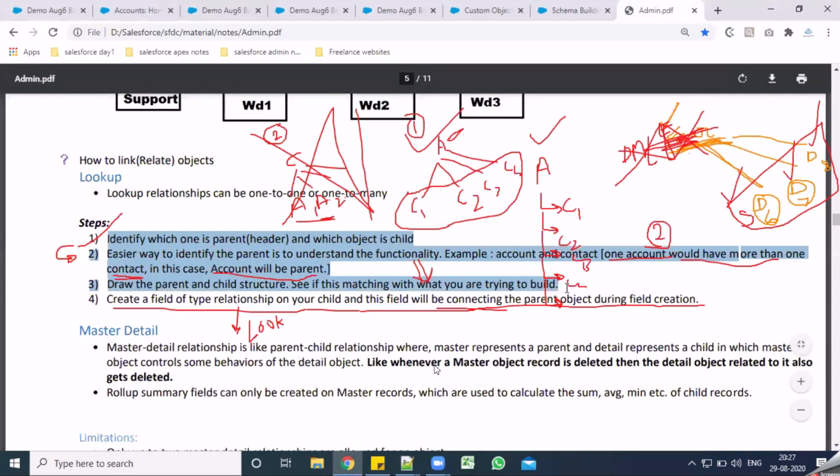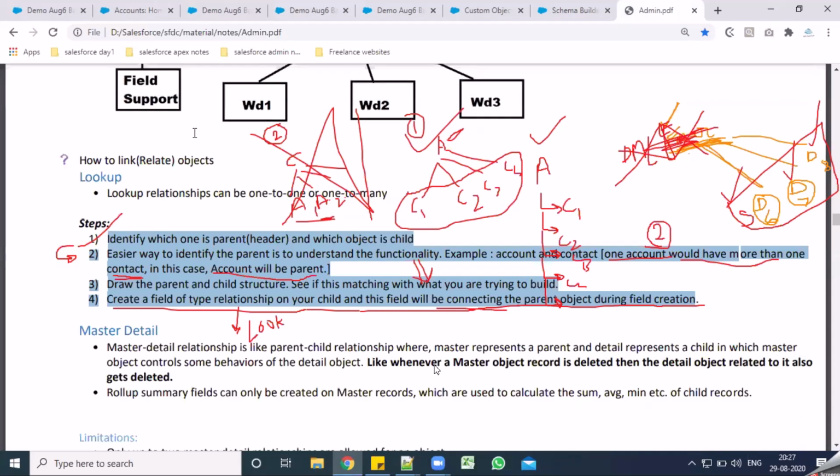And make use of this example that we have discussed to basically create that relationship. What I want is to create a relationship between my account and work order. The functionality is, for an account, I can have multiple work orders. I would repeat, the functionality is, I want to connect my account and work order.